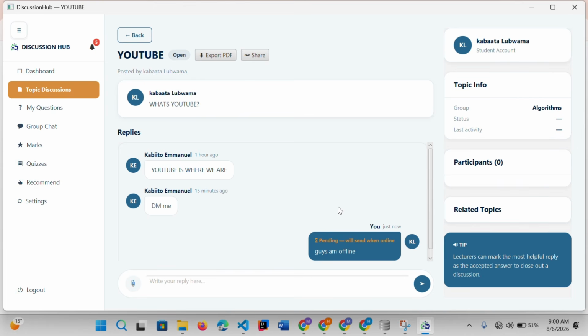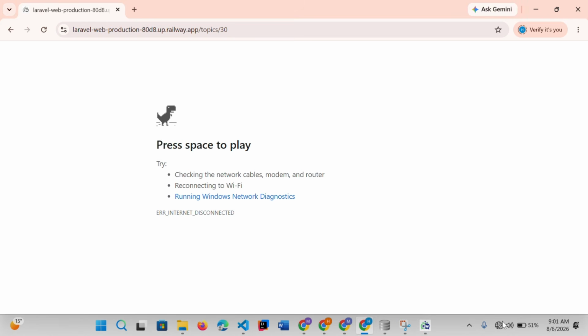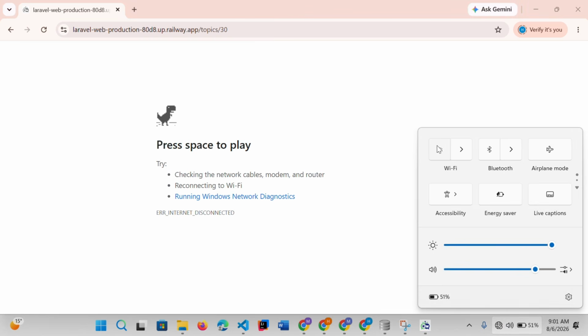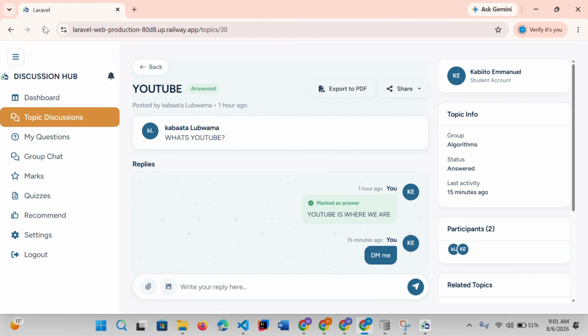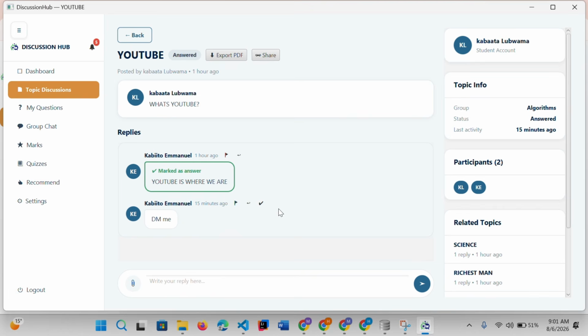So let me go back here and let me connect my Wi-Fi back. When it's connected, it's fast. Yeah, so now it's connected. I refresh this, and yeah, so I think you see that. So now when I'm online, let me go back to my desktop version. You'll find that